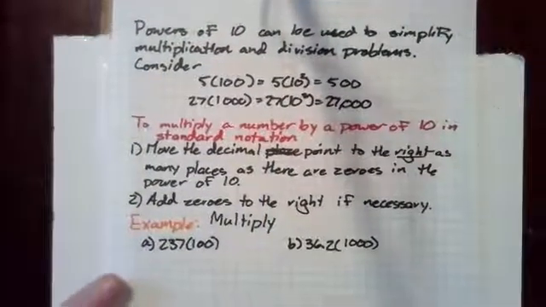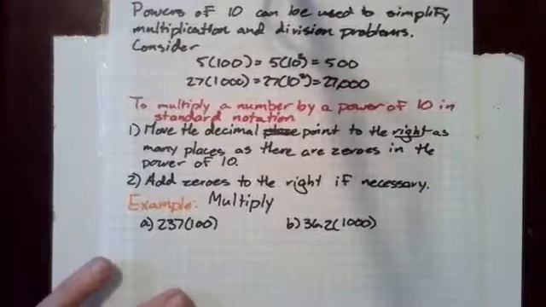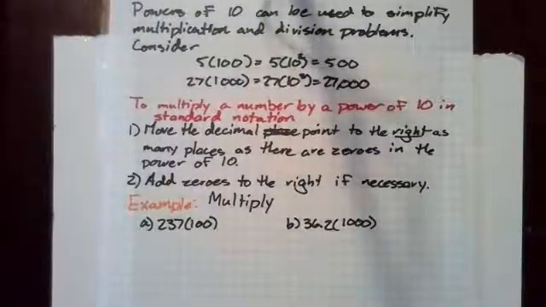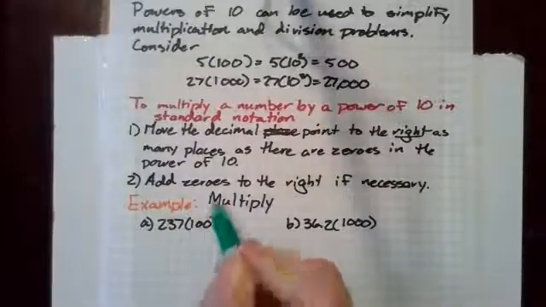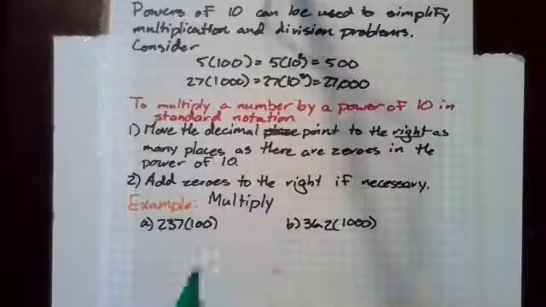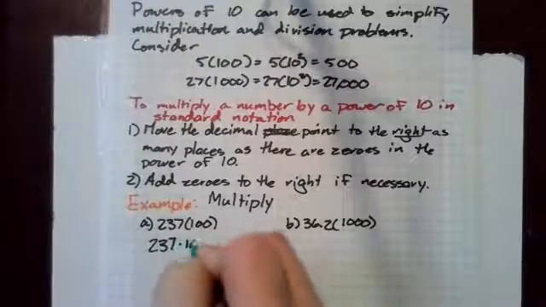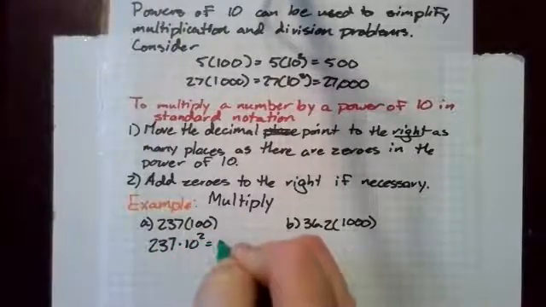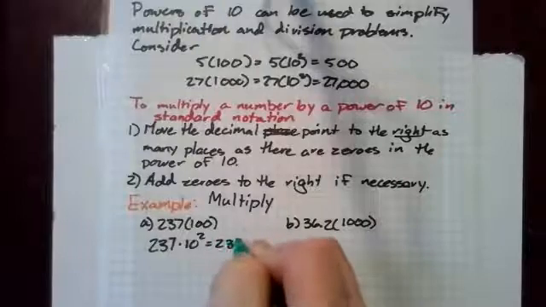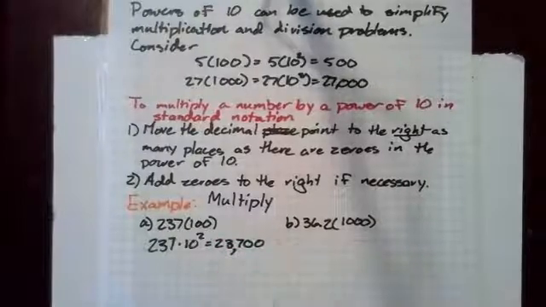So to multiply a number by a power of 10 in standard notation, move the decimal point to the right as many places as there are zeros in the power of 10, and add zeros to the right if necessary. So if we multiply 237 by 100, that's 237 times 10 squared. So we'll add 2 zeros at the end to get the number